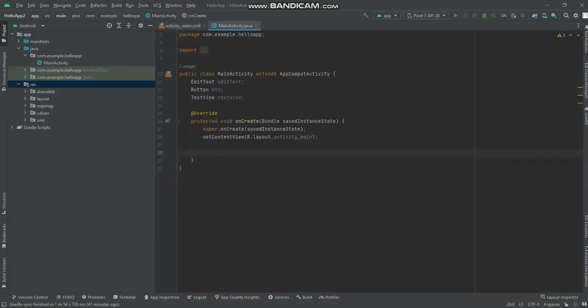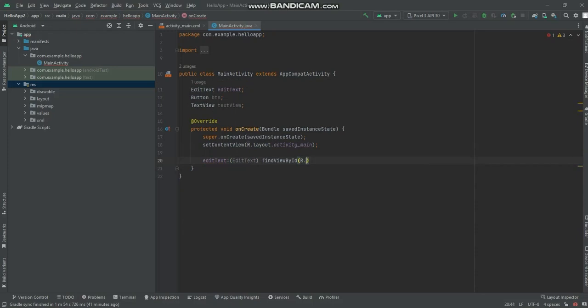So for edit text, we will find view by ID as R.id.edit text. Similarly for button,